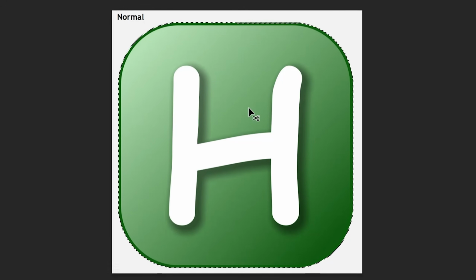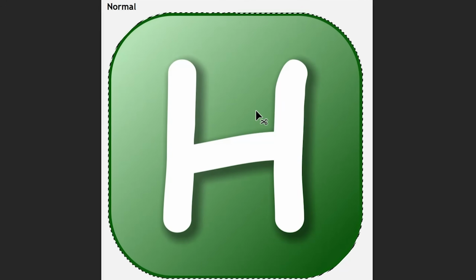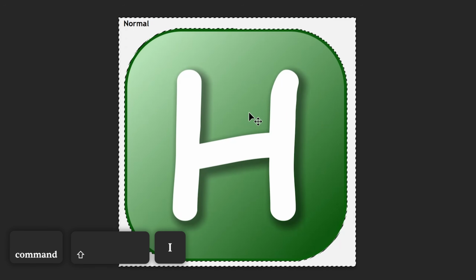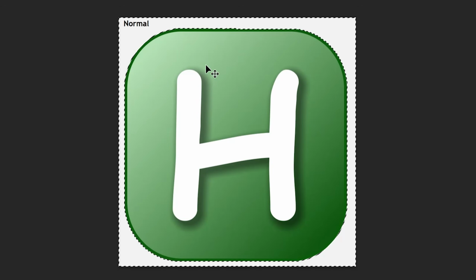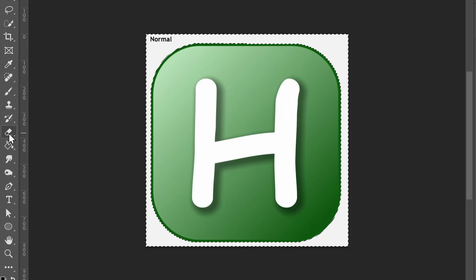Now I want to remove the background, but I have the logo selected. So I want to invert my selection. To do that, I can click Ctrl-Shift-I, Command-Shift-I on macOS, and it will invert the selection. Now you'll see that the background is selected. And the first way to get rid of it is to simply click Delete, which will delete everything that's within the selection. I'm going to undo this. The second way is to use the eraser tool and erase the background, which also works,